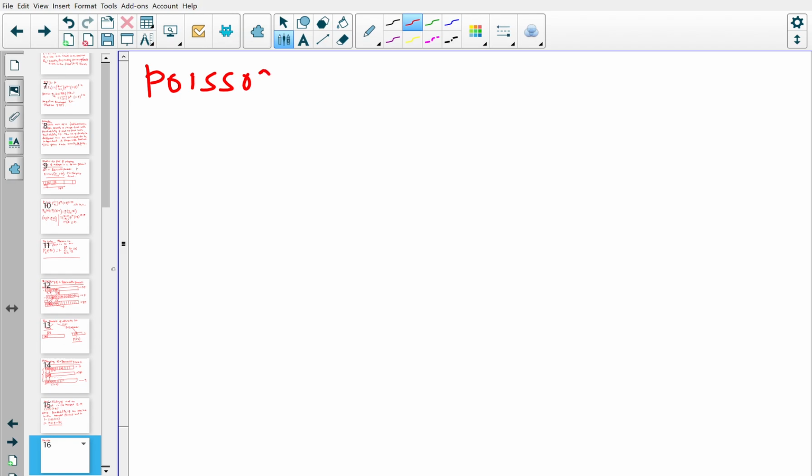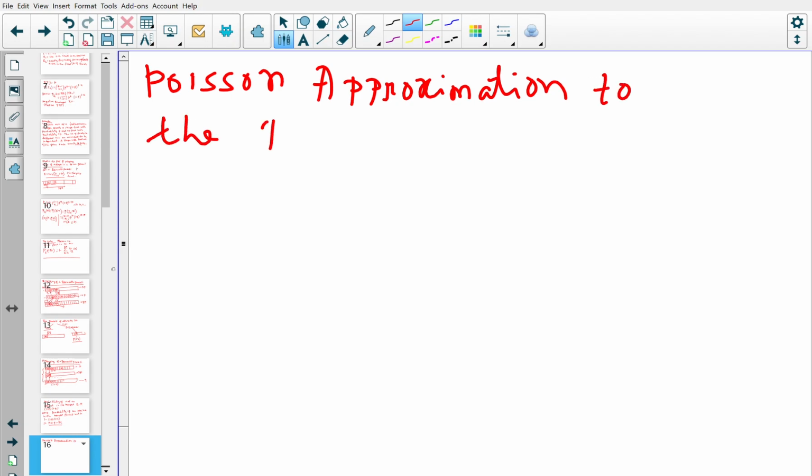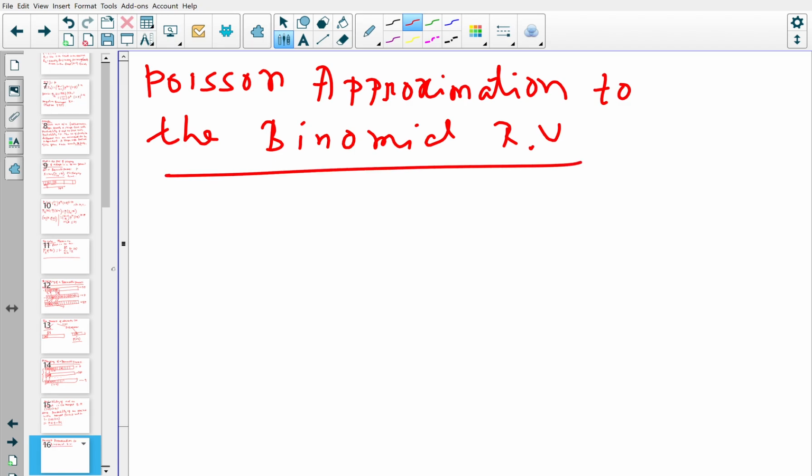Poisson approximation to the binomial random variable that we learned, right? So what does that mean? That means suppose our arrivals are coming,